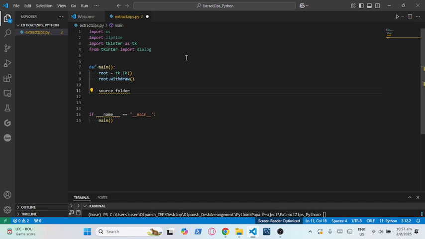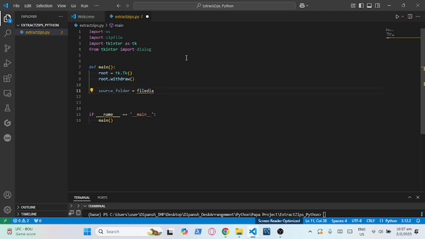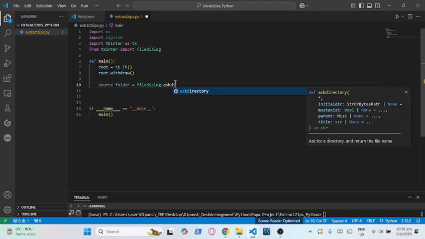So we can just go source_folder is equal to filedialog. Actually, I made a mistake: at the top it's filedialog, and after that it will work. So source_folder is equal to filedialog.askdirectory,